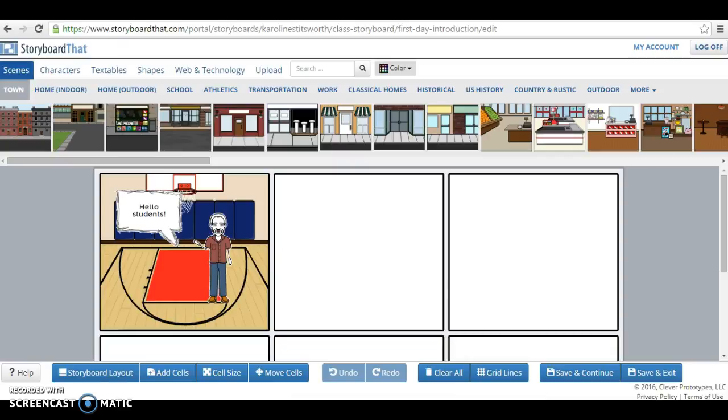So just remember that this is geared towards your parents and your students, and it is an introduction of yourself and your classroom, and sort of what sort of expectations you have and what sort of procedures